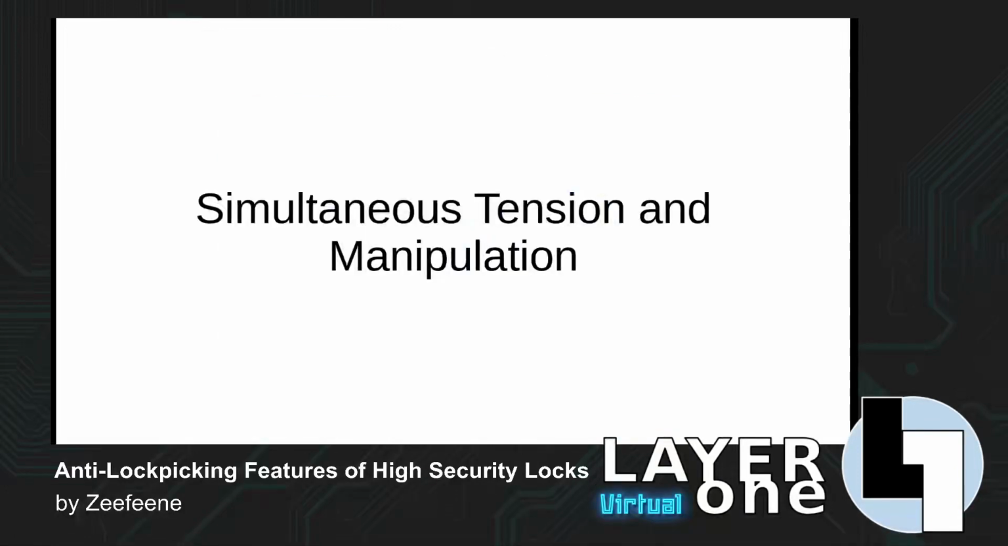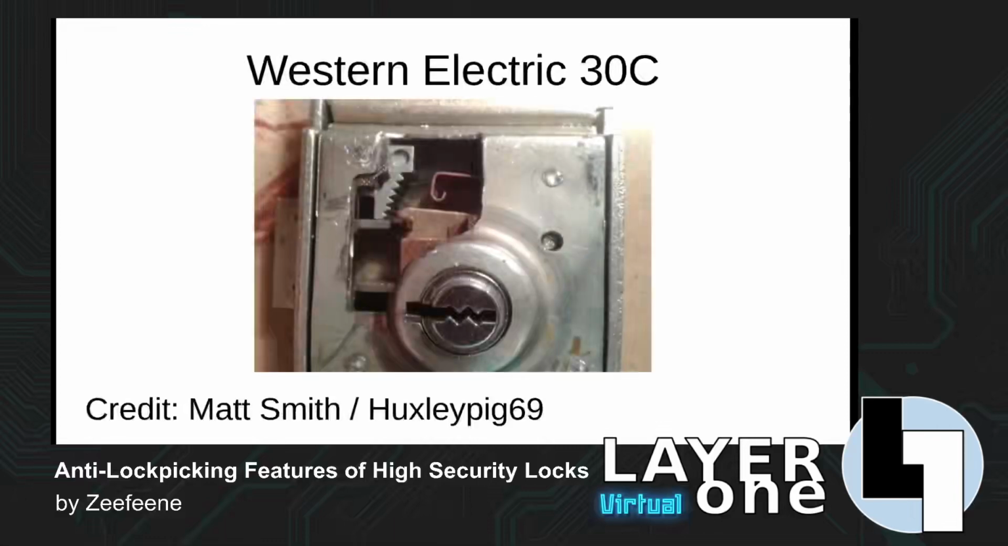That brings me on to mechanisms that attempt to prevent simultaneous tension and manipulation. So we are typically looking at blocking mechanisms here. The first, and for those that are aware of blocking mechanisms, perhaps one of the most famous examples is the Western Electric 30C. This is an American payphone lock, or was an American payphone lock. And what's curious about this is it's a lever lock,